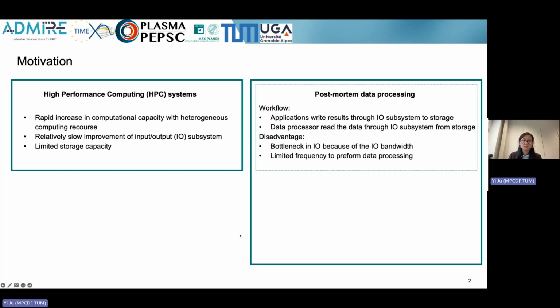And when scientists need to analyze this data, they need to write or read it through the I/O system to the storage. After the simulation or other application is done, the supercomputer or other resources read this data back and do the analysis or post-processing. With the limited speed of the I/O subsystem and the limited storage, this data processing or analysis is